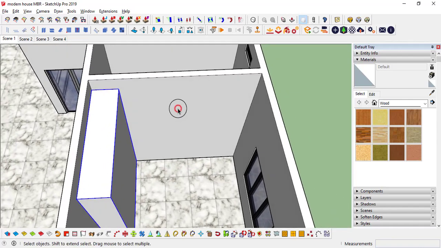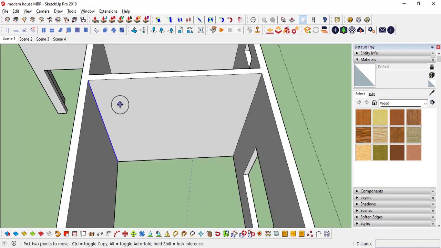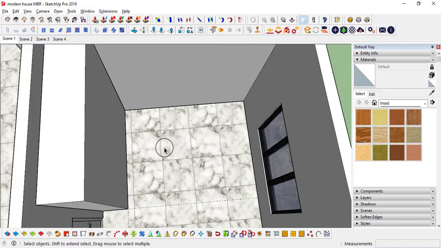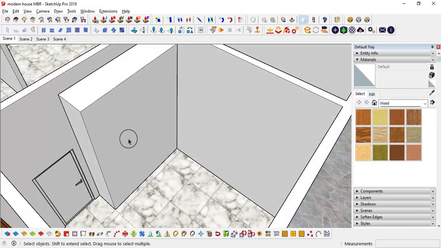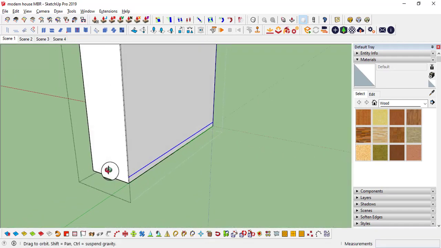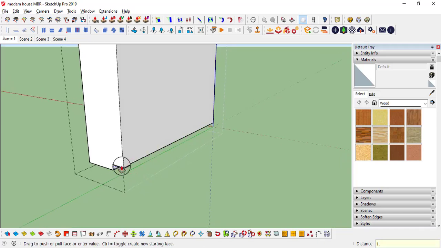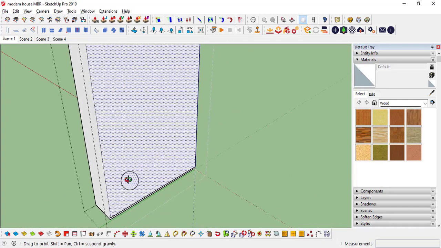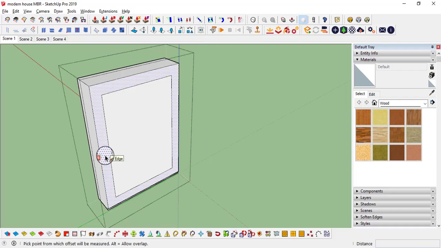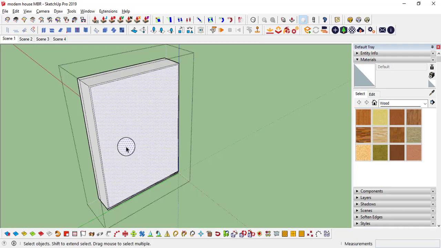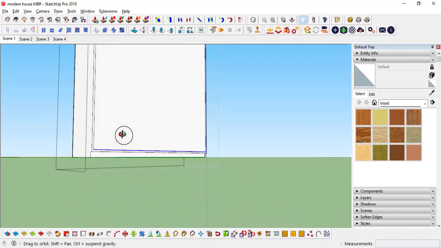So we need to divide this wall first. M, control, 2 feet. On this wall we need to make the wall cladding. So one by one we are going to make it. First of all I will start with this wardrobe. M, control, up to 3 inches. It is going to be skirting, so I will move it inside 1.5 inches. And next I will use offset 1 inch. Offset 1 inch, and I will select this bottom line.